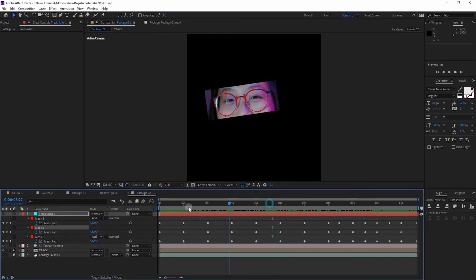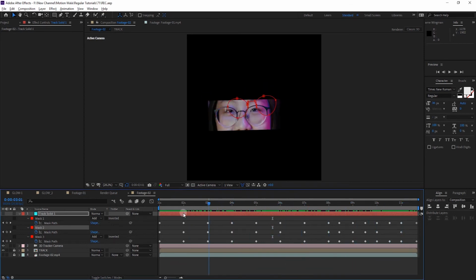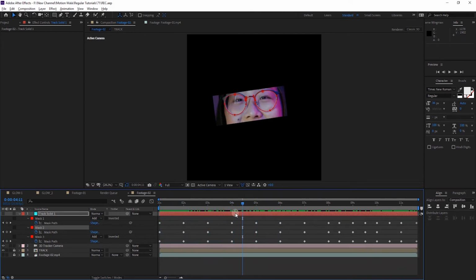Here you can see I added some keyframes on all three masks. You can see it's not very many keyframes, it's just very few keyframes.